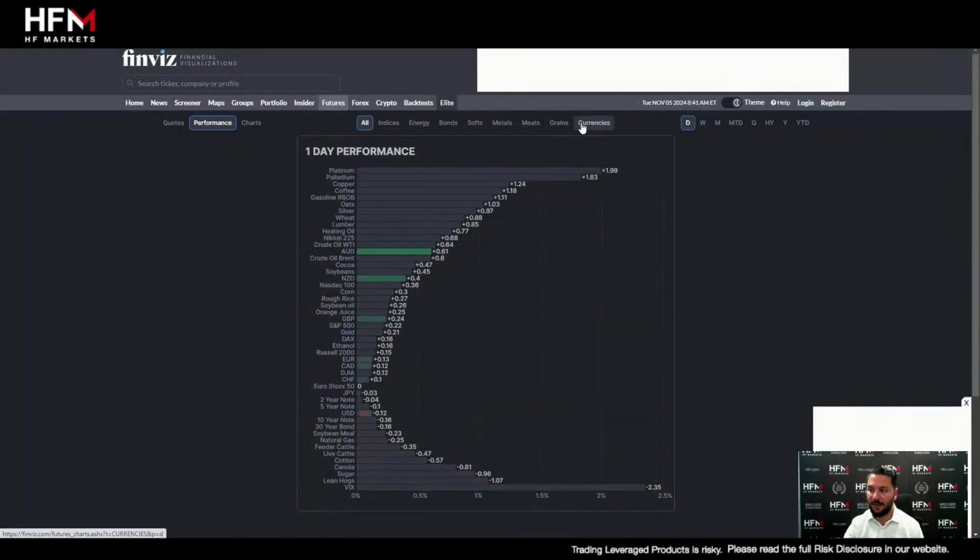The only thing I'll be cautious about, though, if we're going to see the British pound decline against the US dollar, is if we're looking at the currency market in general, the worst performing currency of the day is the US dollar. The third best performing, so one of the better performers, is the British pound. So do we want to speculate that the British pound's going to decline against a currency which is declining today? Only if we're going to see a very quick change within the market for certain reasons. Also, we've got economic announcements today as well for America, which can have an effect on the market.